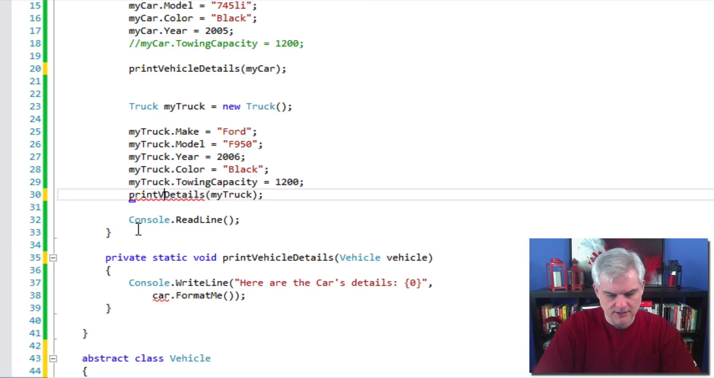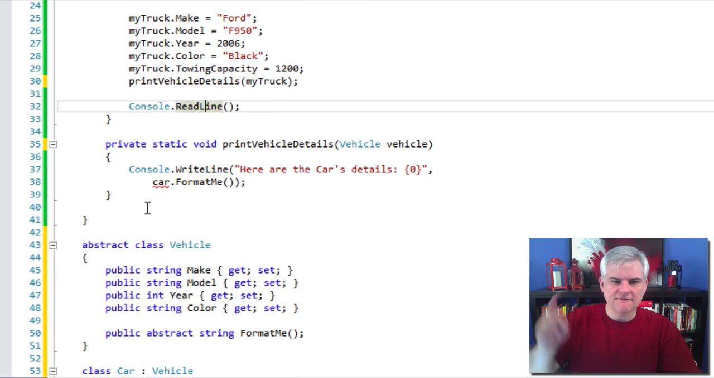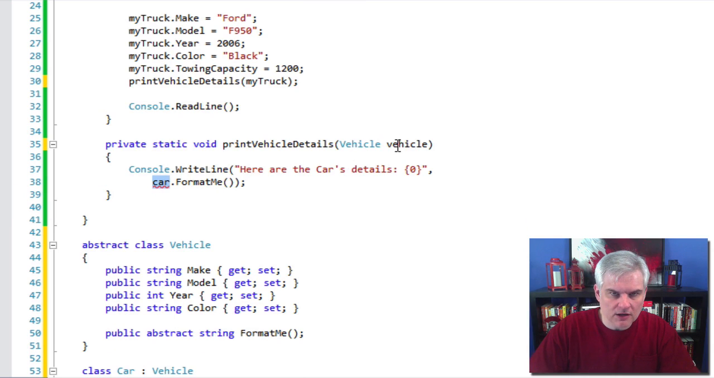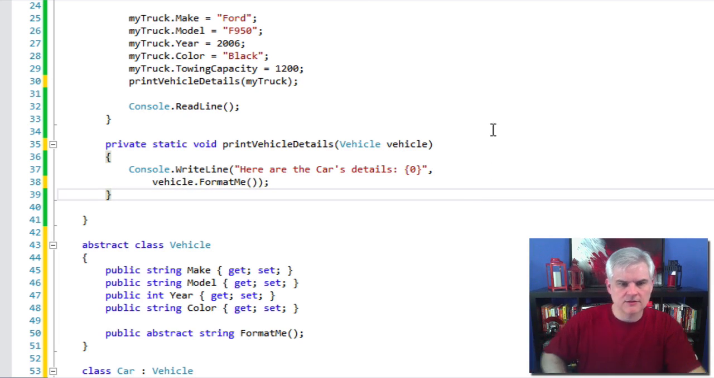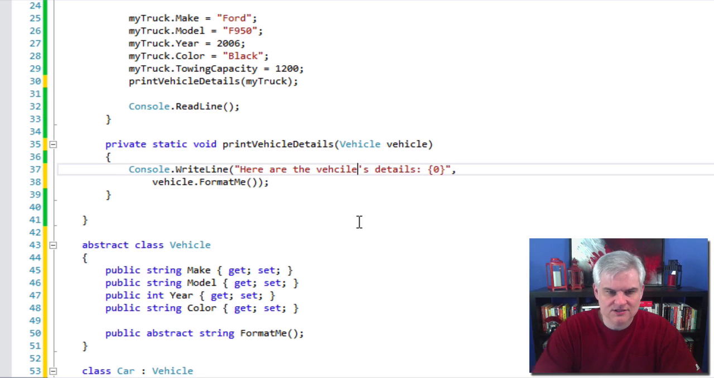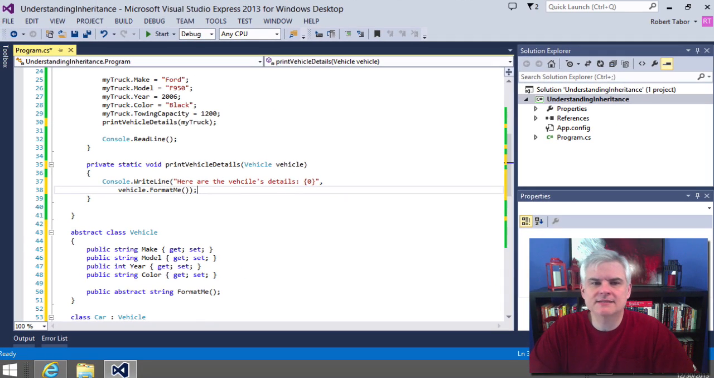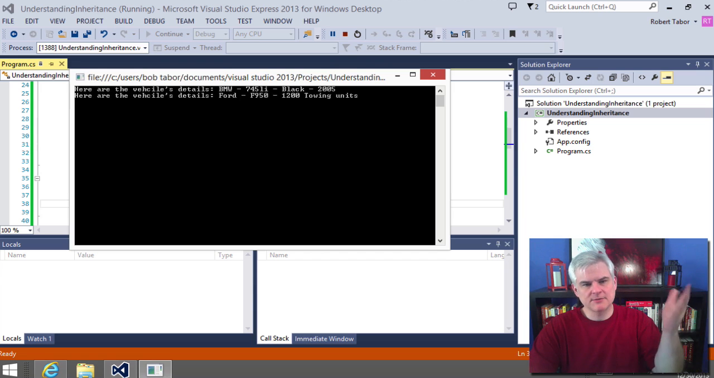I was going to show you another feature, but I already went past it. Never mind. Okay, great. All right, finally, I see I have one more problem in my code. I used to refer to the input parameter called car, but now I'm going to have to change that because the input parameter's name is now vehicle. Also, in the string that's going to print out the details, I'm going to need to change this from saying cars details to the vehicles details, just to make it semantically correct. All right, so now when I run the application, I see here are the vehicles details, BMW,